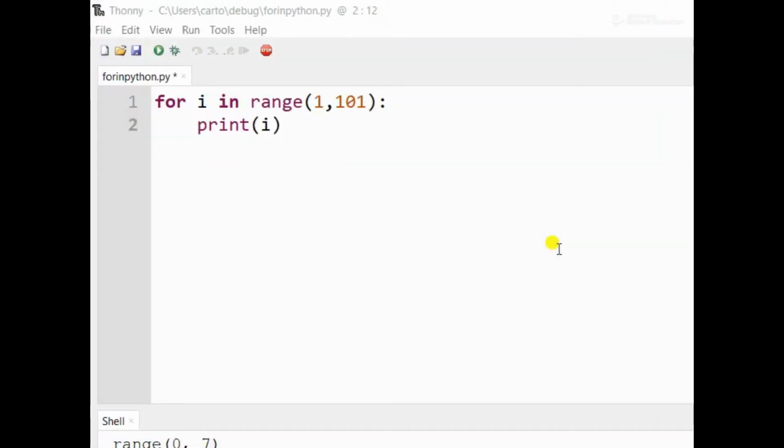Let's move on to the previous example where I explained to you how to print 1 to 100 numbers in Python. Now, in this example, I provided range from 1 to 101. As we know, here range will generate integer values from 1 to 100, and with the help of the in operator, i holds those values which are returned by the range function, and we know here the range function returns 1 to 100 values. So it means 1 to 100 values will be printed on screen.